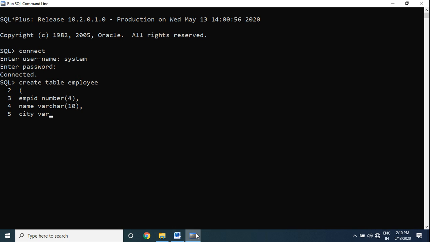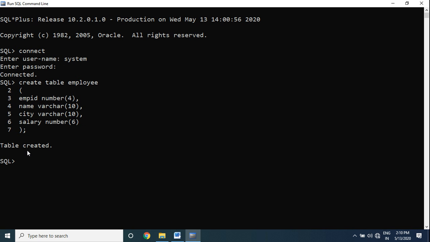City, city is also varchar. So 10 is denoted size, so we can take up to 10 alphabet. In city we can take up to 10 alphabet. And last is salary. Salary is numeric, so we write here number and we can take salary up to 6 digit.